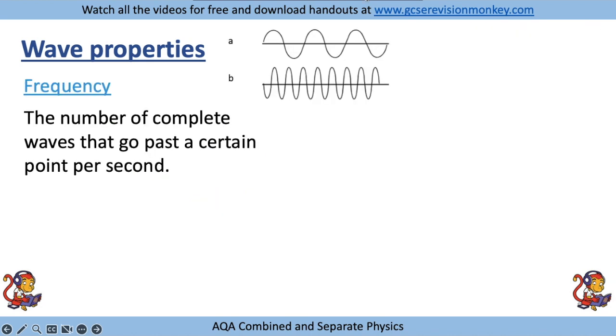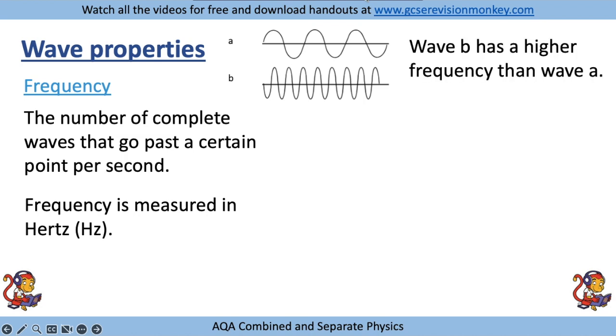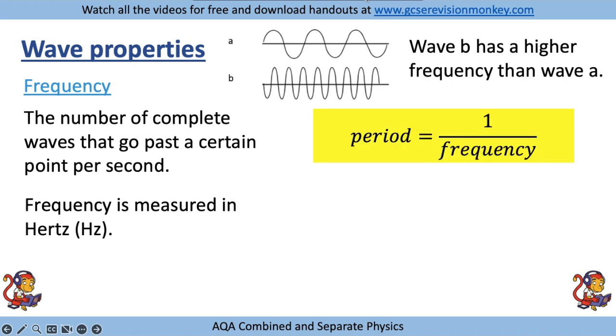Frequency is the number of complete waves that go past a certain point per second. Frequency is measured in hertz. So wave B on the diagram has a higher frequency than wave A, because more waves are passing a certain point every second. There is an equation that links to frequency, which is period equals 1 divided by frequency, and